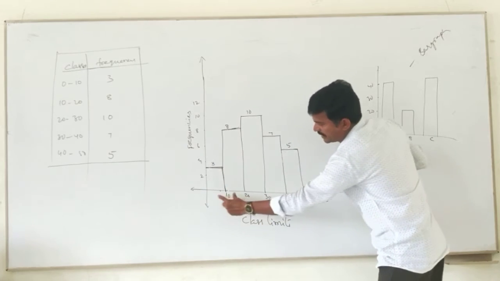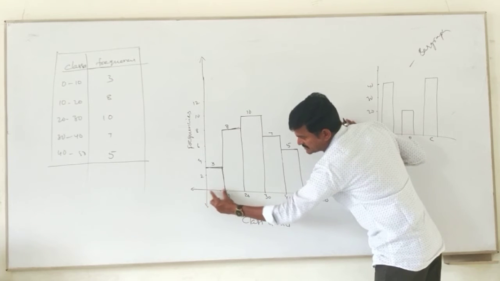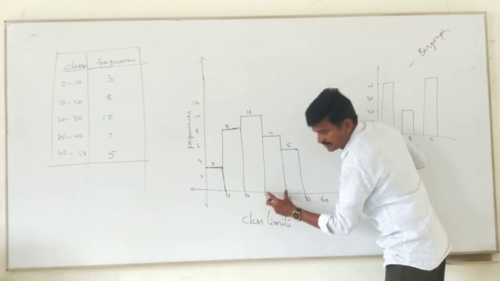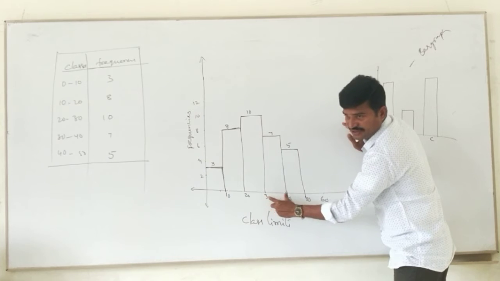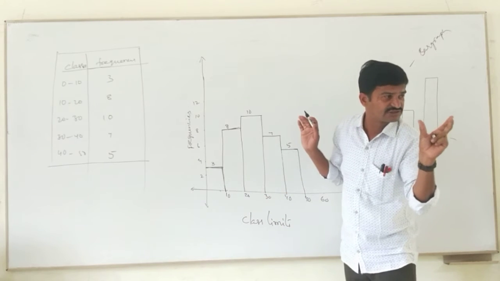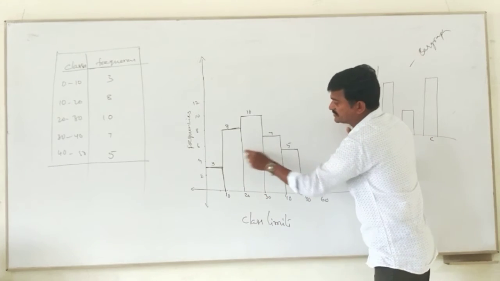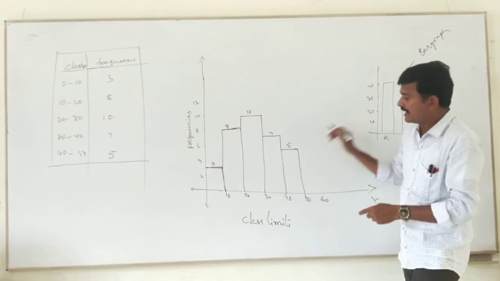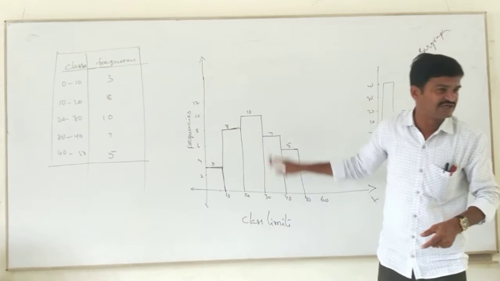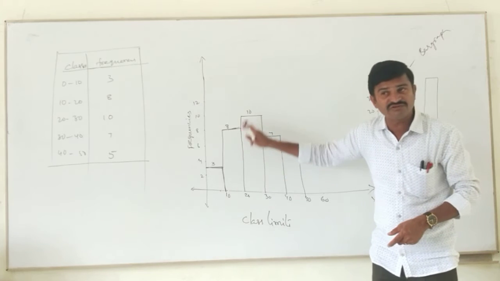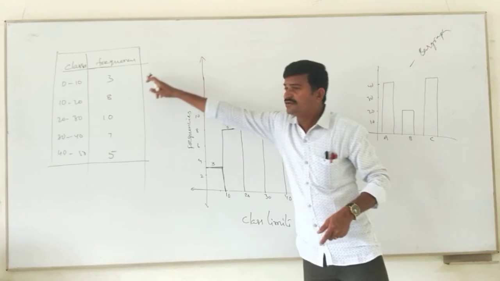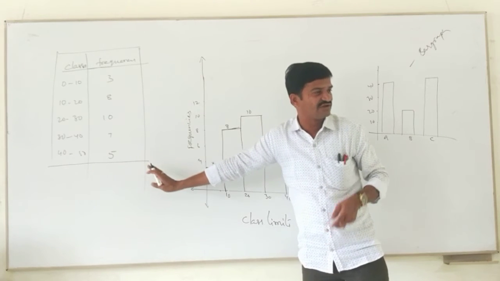Now see, does every bar have the same width or not? Of course in the diagram it may seem different, but in the graph 1 centimeter equals the same length only, no? So this width should be equal only, and the length of the bar is changing. How is the length of the bar determined? Based on frequencies.